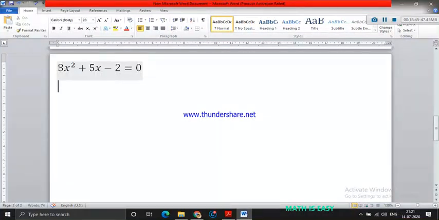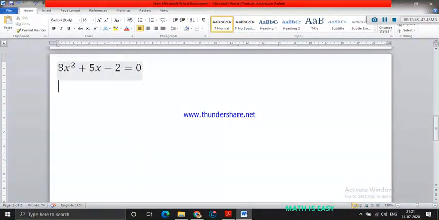Zeros means alpha and beta are the zeros. Here also alpha and beta. Coefficients means b, a, and here it is c, a. So if they are giving the same values, alpha plus beta value is minus 5 by 3 and minus b upon a value is also minus 5 by 3. If this is coming equal, and I have to check alpha into beta value is minus 2 by 3 and c by a value is also minus 2 by 3. If they are coming equal, then verification of zeros and coefficients is done. Okay, that's what you have to do in the verification of zeros and coefficients.